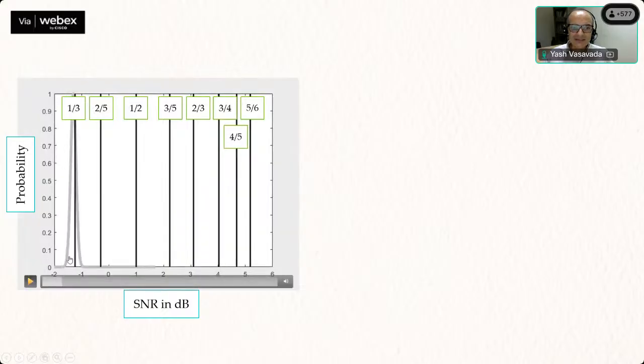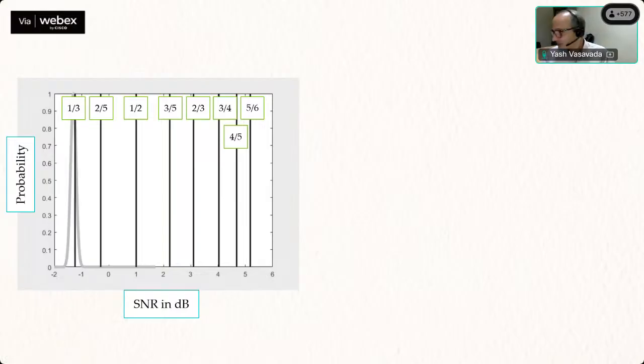By the way, this gray colored bell-shaped curve is the distribution of the SNR. And so what you will see is that maybe as the car keeps coming closer and closer,